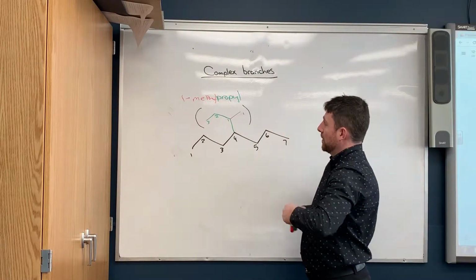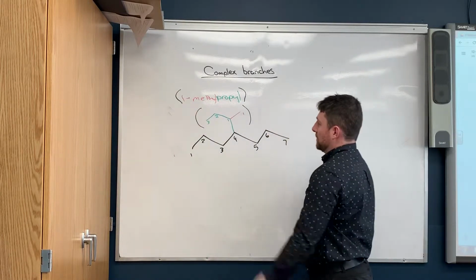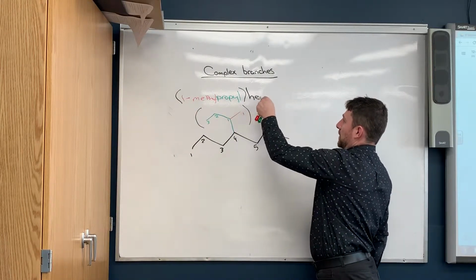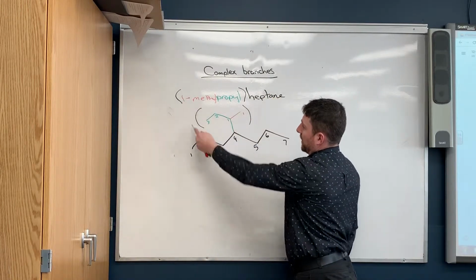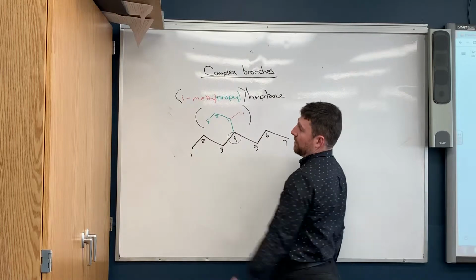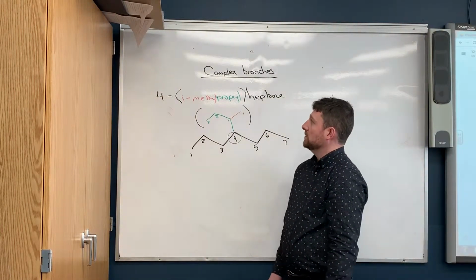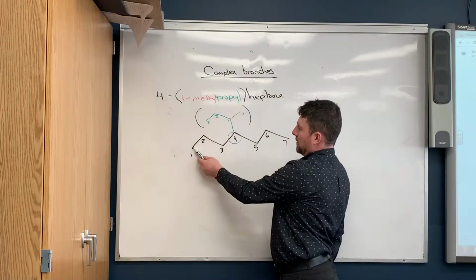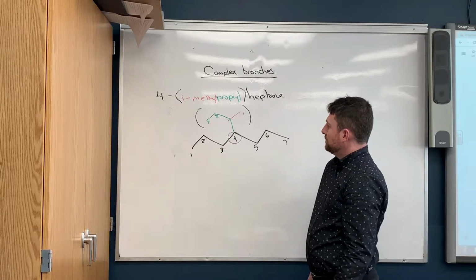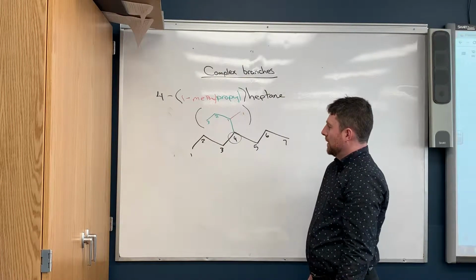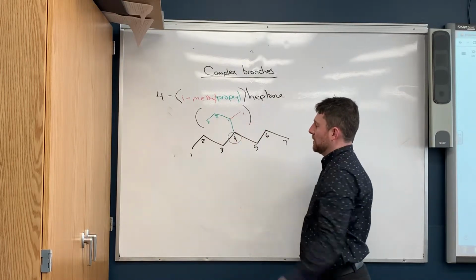And we're going to put that in brackets. And this is 7 carbons long, we're going to call it heptane. And this whole complex branch is coming off of the 4th carbon of heptane. So it's 4, bracket, 1 methyl propyl, heptane. 1, 2, 3, 4, 5, 6. Yeah. Now,